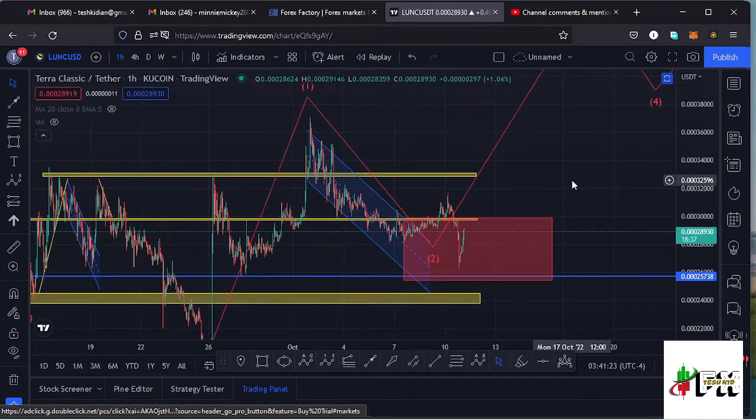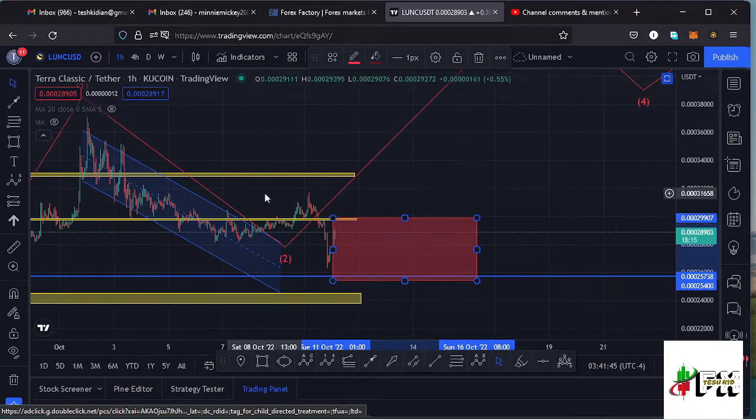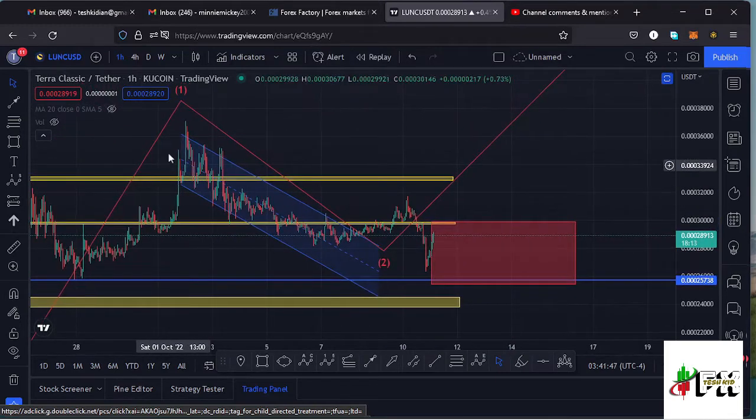And yesterday, as I was making my other video for Lunc, Lunc was trading, had made a low at around the $0.00028 mark, and then we saw a very nice bounce to the upper side. And in that movement to the upper side, that is yesterday, we had also managed to break out of this channel that we had been trading within,